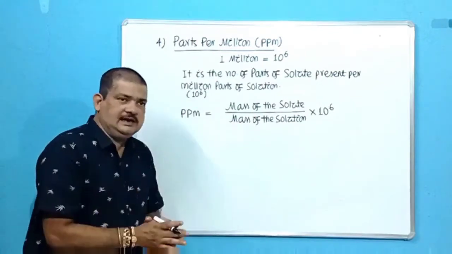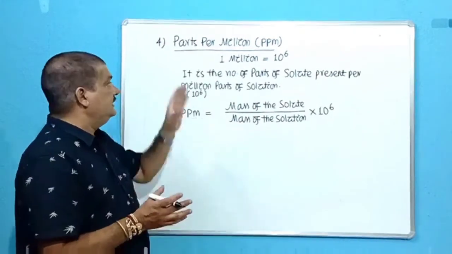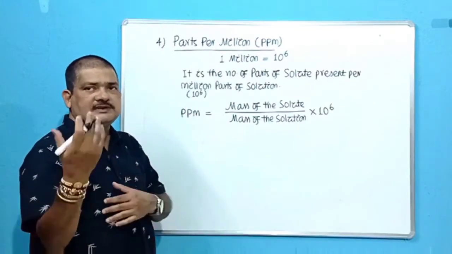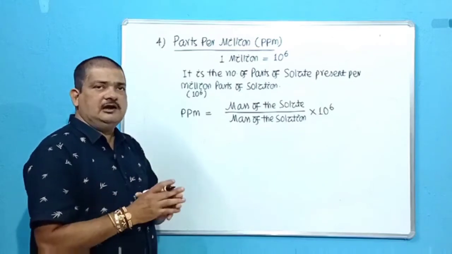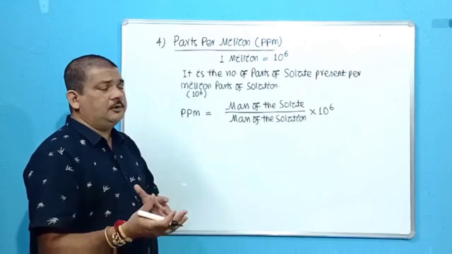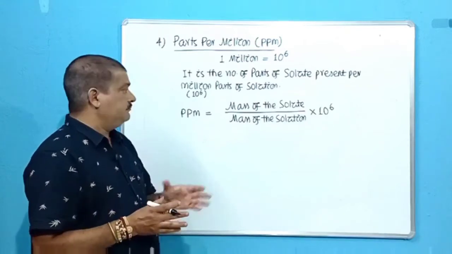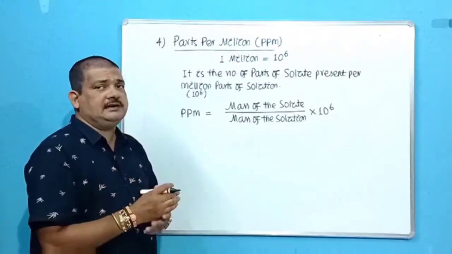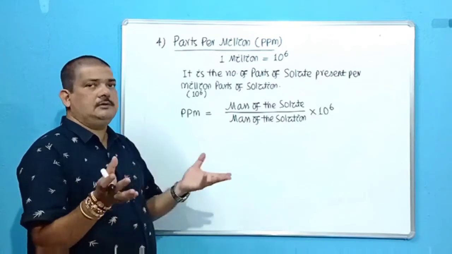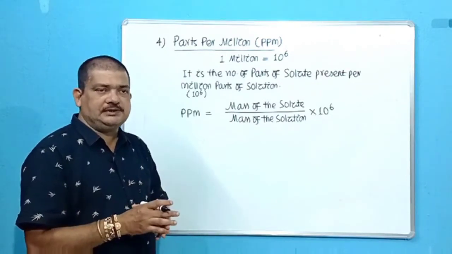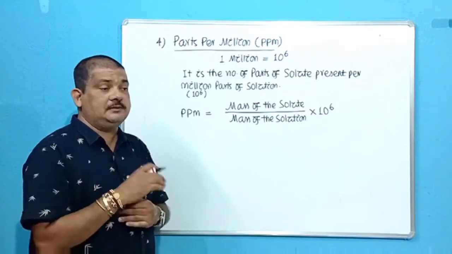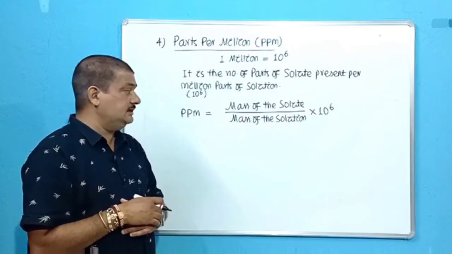Okay. So the name justifies or defines everything. Parts per million. So it may be the mass of solute present for 10 to the power 6 in terms of mass, or volume of the solute present for 10 to the power 6 volumes of the solution. So in both the ways it can be counted, in terms of volume also and in terms of mass also. Suppose you know about pollution, carbon dioxide is a pollutant. So when is it called a pollutant? Now when its concentration exceeds a definite value, there is a minimum concentration known as threshold concentration.